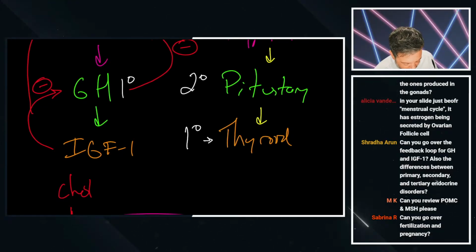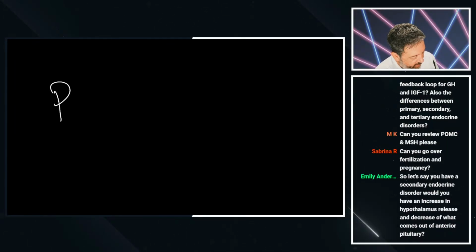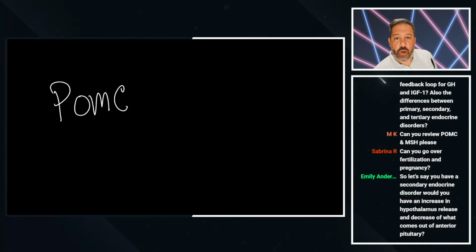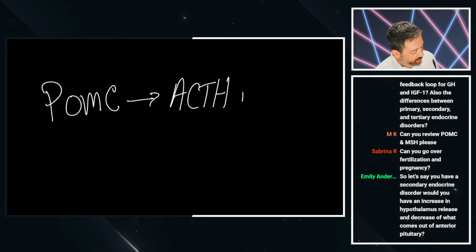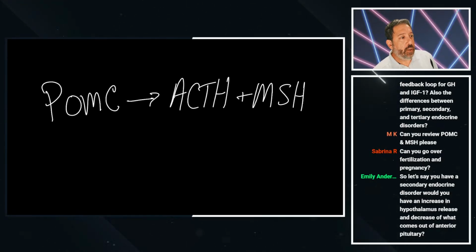Next question is about POMC and MSH. POMC is a precursor molecule that will dissociate to make ACTH and your melanocyte stimulating hormone. When you have low cortisol, there's no cortisol coming out, your adrenal cortex isn't making it, your ACTH levels are going to skyrocket because it's trying to get the adrenal cortex to do something, and ACTH